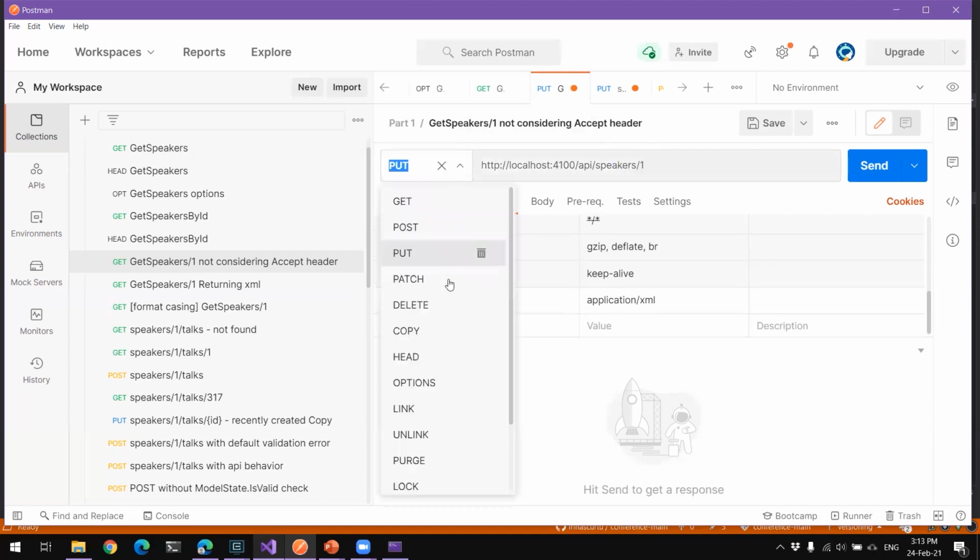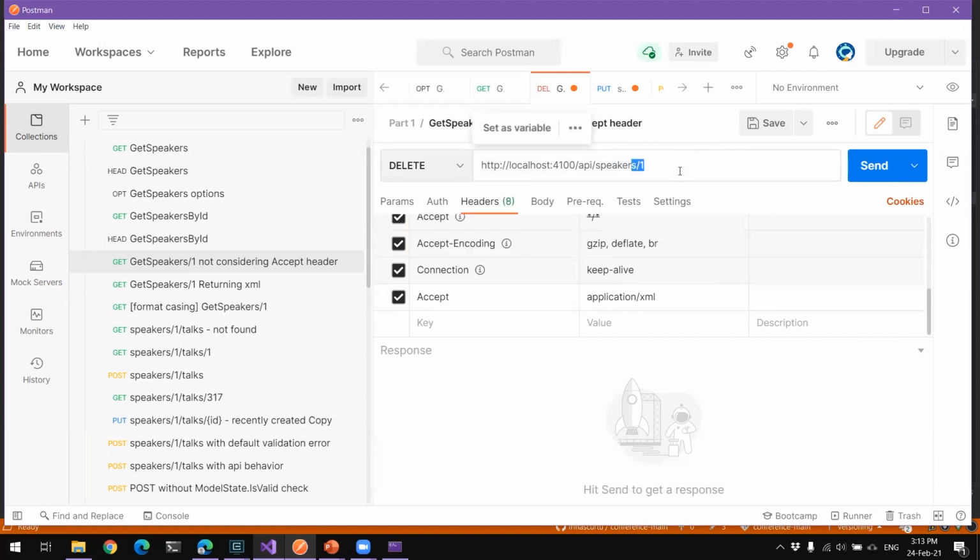Or maybe you can delete the same speaker. You have the same endpoint, the same URI, but by using the proper verb, you'll have different options of obtaining things. So Irina, do you tend to use just the basic, standard HTTP verbs, or do you also introduce custom verbs in your APIs?